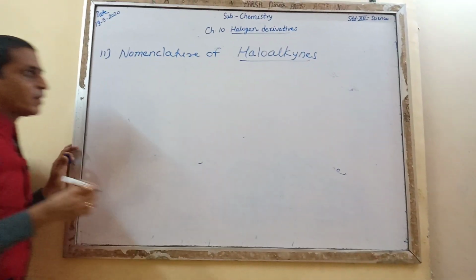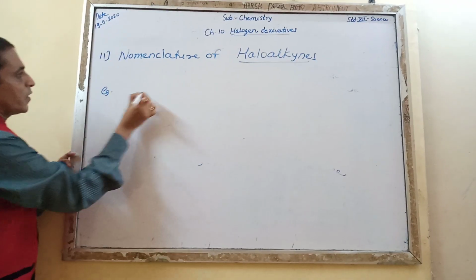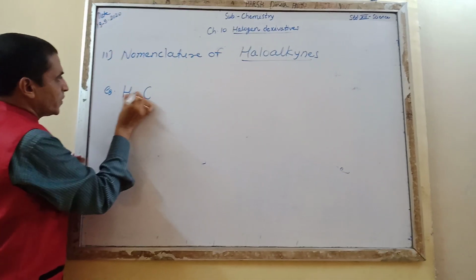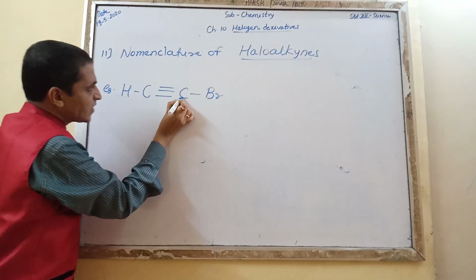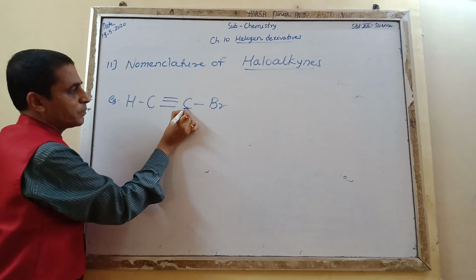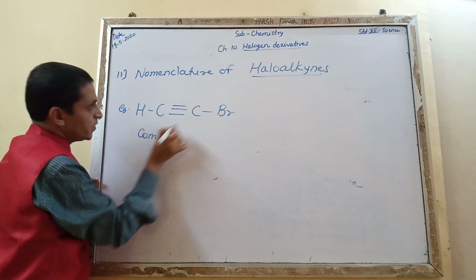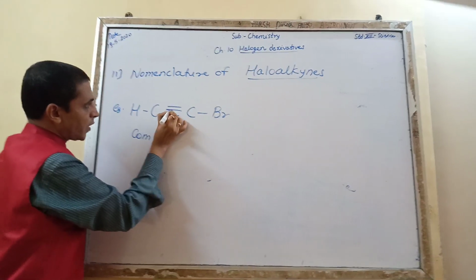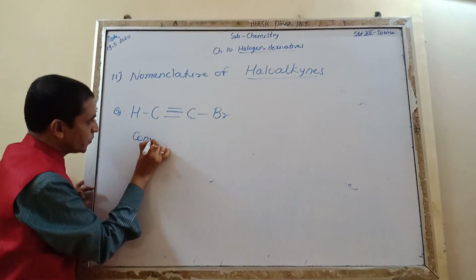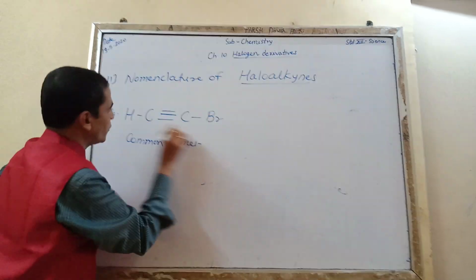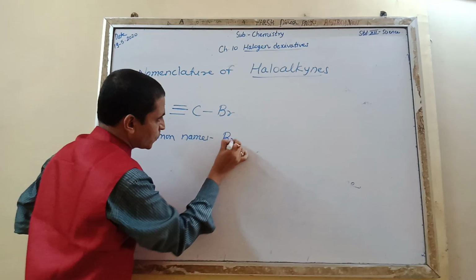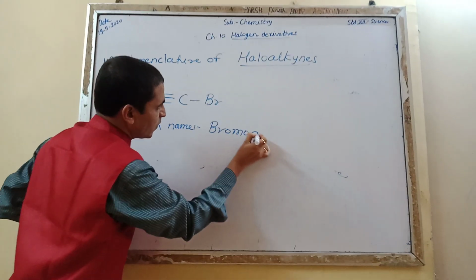See, in haloalkynes, halogen atoms are attached to an sp hybridized carbon atom. So its common name, see here, it is an sp hybridized carbon atom because it is triple bonded. Its common name can be written as, first of all, it is acetylene, so it is written as bromoacetylene,